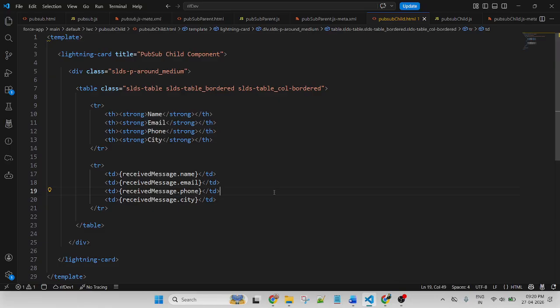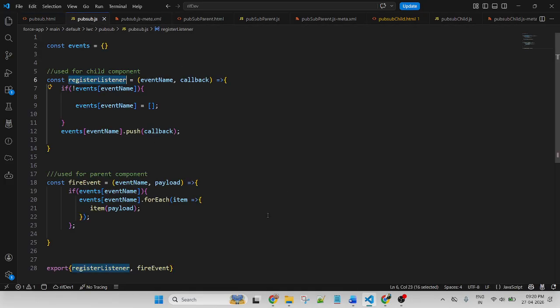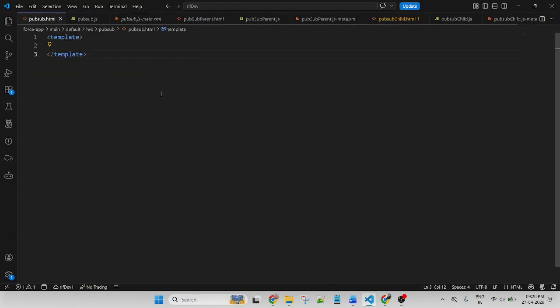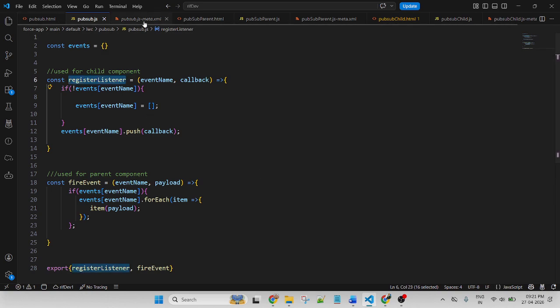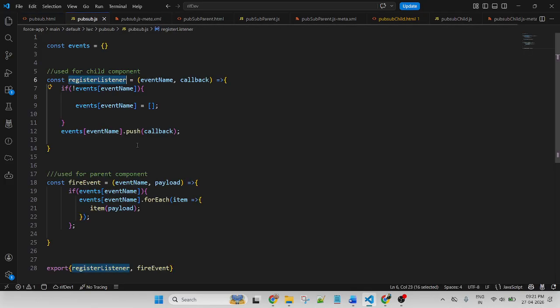First of all, let me quickly review the code. If you are working on the PubSub model in an LWC component, first we have to create a component. The component is created for the JavaScript purpose, not for the meta XML file or HTML file. You can remove them or leave them. In my case, I leave them as they are. I am using only JavaScript. In the JavaScript, remove all of the import and export methods. Only create a function, two types of function.